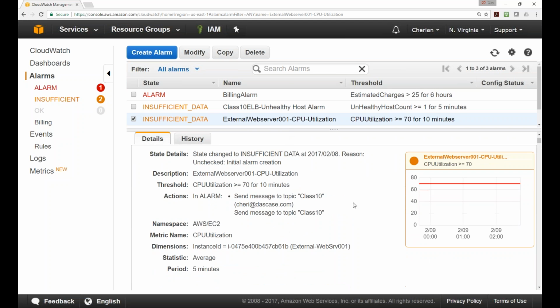So what is actually, when you said 70, 80, how do we know when we really started working on it? So this is we are talking about an instance, correct? We are talking about an external web server, correct? It is a Windows server, agreed? Yes. So this web server is running and it is serving your company's website, correct? Yeah. So you want to know